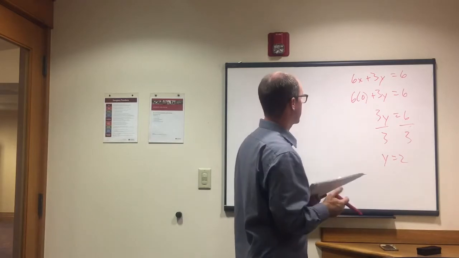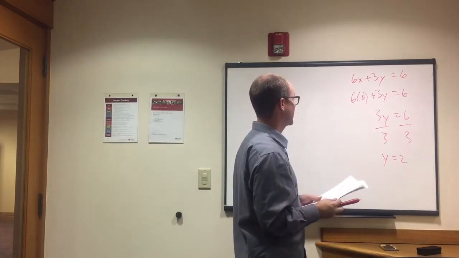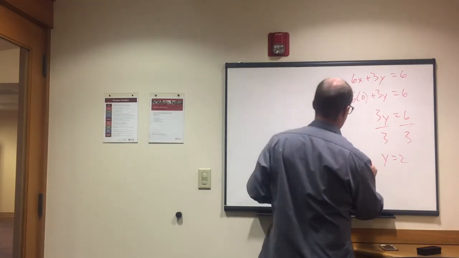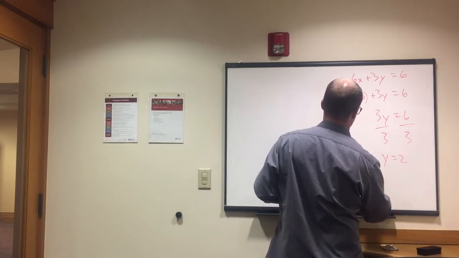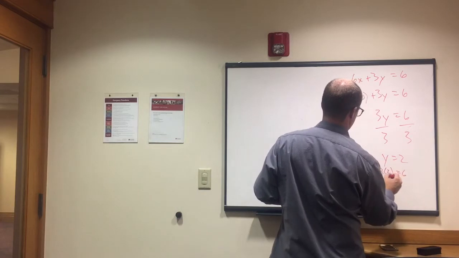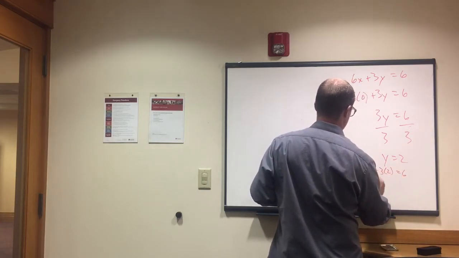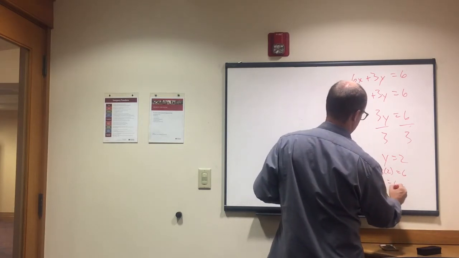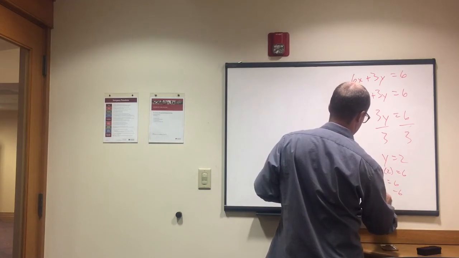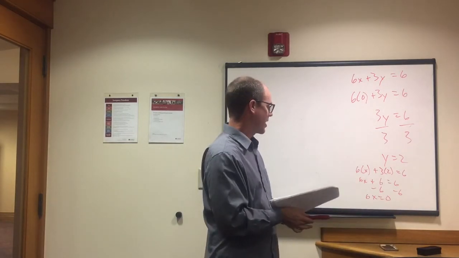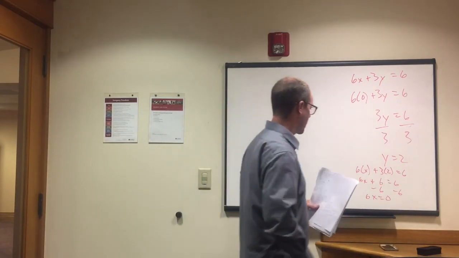Okay, and that's really all you got to know. If you then have to go and find slope, then you would plug in this y equals 2 up here. We can do it, right? Then it would be, right, 6x plus 3 times 2 equals 6. So 6x plus 6 equals 6. Subtract 6 from both sides. 6x equals 0. And then we divide each side by 6. X would be 0, right? And that's how we would